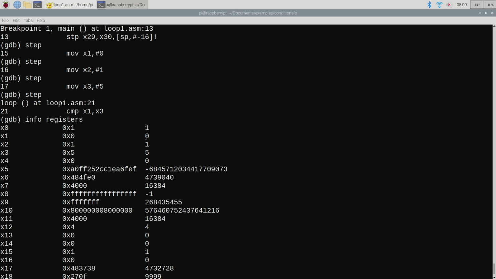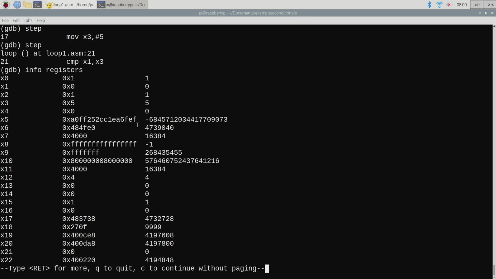So we put 0 and 1. That's going to be basically where we're counting up. 1 in X2 because we're adding 1 each time we loop, so we have to have that number hanging around. And then we had 5 in X3, which was sort of our top end of our counter, and I just picked 5 arbitrarily here. Okay. All right, so